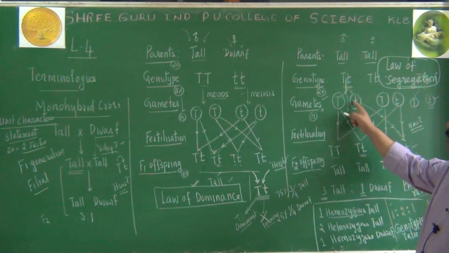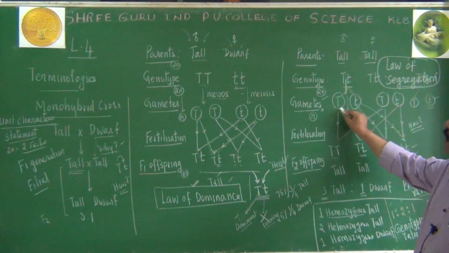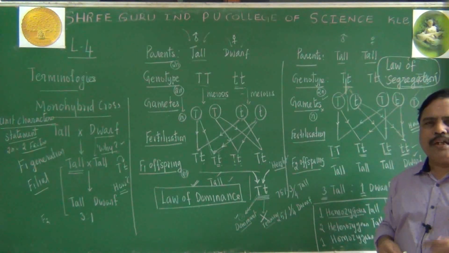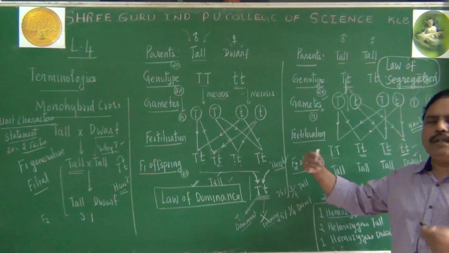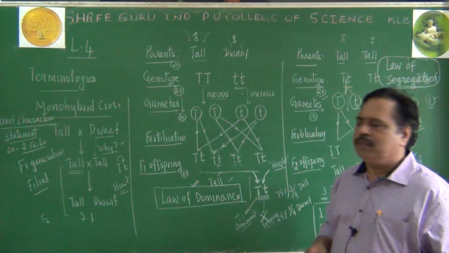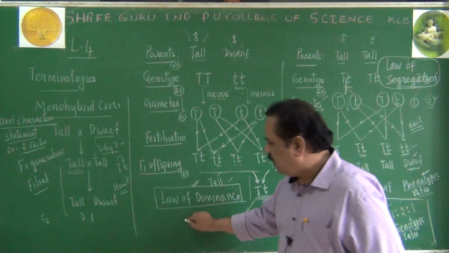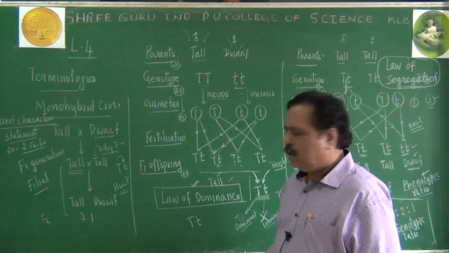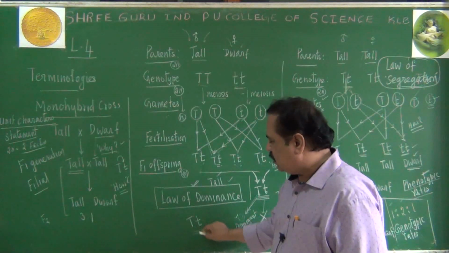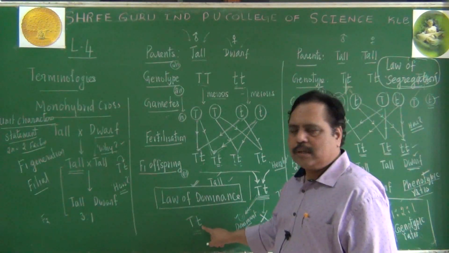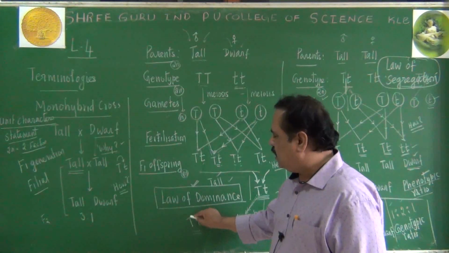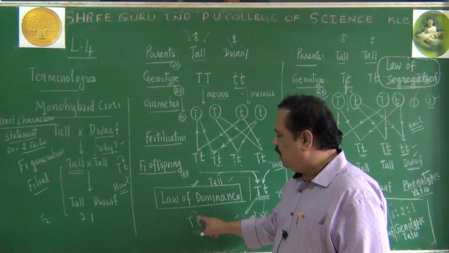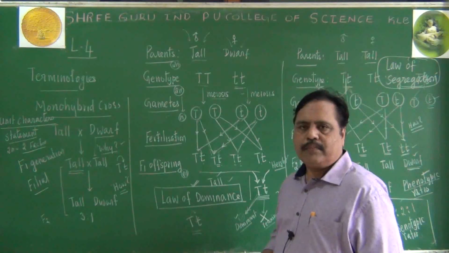When alleles separate from each other, both of them will have a chance to express themselves. I hope you are getting this point. Just in a normal example, consider capital T as teacher and small t as student. When both are there in the class, the teacher is there, student is also there, the students will not talk, teacher will be talking. That is called as what? Dominating, and students are not there.